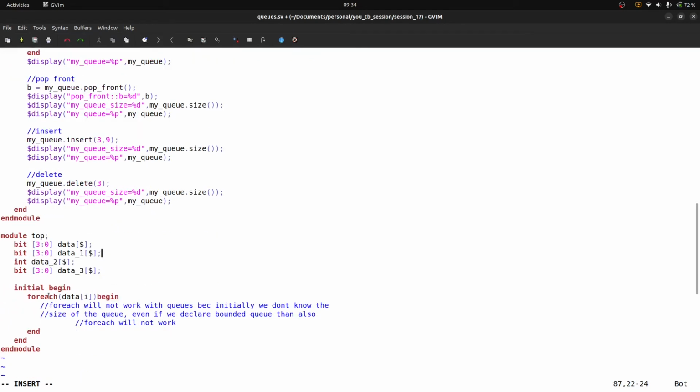So basically we used foreach to initialize the array, but if my array is queue type then foreach will not work, because you can see guys, inside that we didn't give any number of iterations, how many times this loop will run, because it will automatically decide the number of times as per the requirement, as per the depth of the array. But inside a queue the depth is unknown, right? And even if I write like this, dollar down to 9 means 10 depth, then also foreach will not work, right? So always remember, foreach loop will not work with queues, right? Okay.